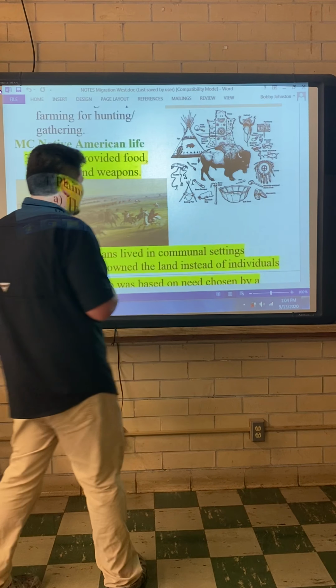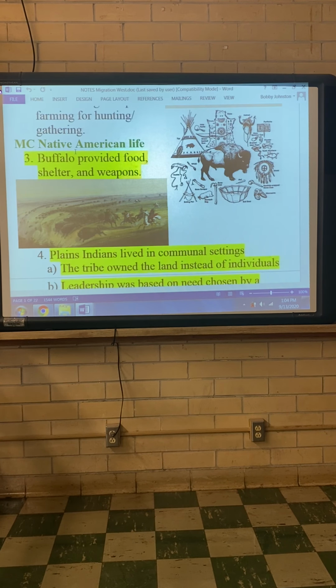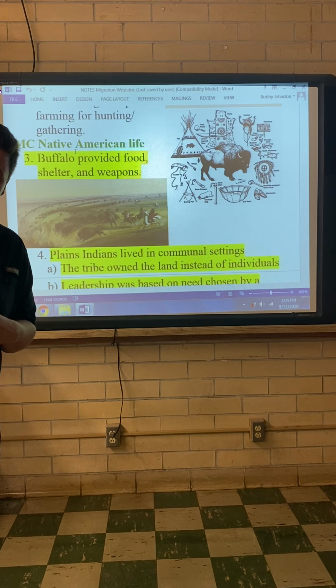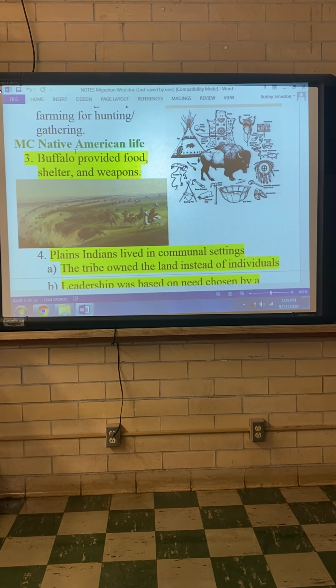They would even use certain parts of the buffalo to make water bags and things like that. It's a certain part of the male buffalo anatomy, which I am not going to explain to you. Just think about it for a second. Anyway,